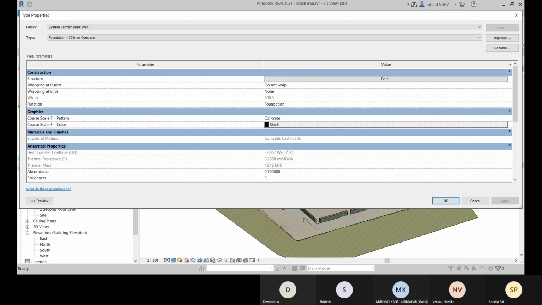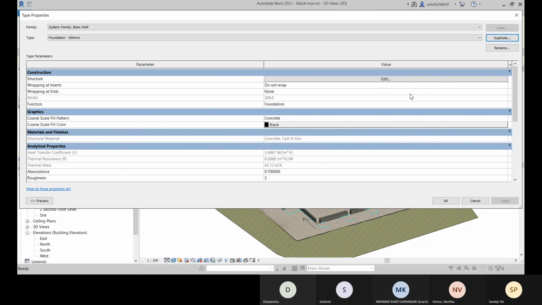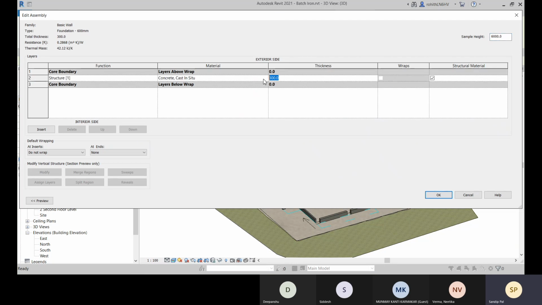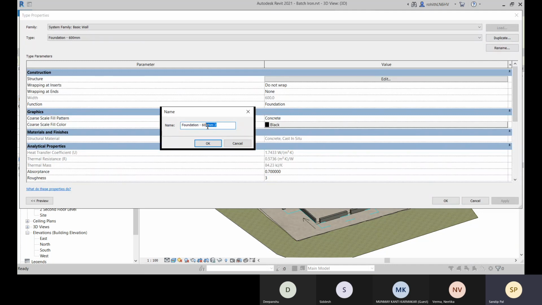Let's go for this duplicate, and let's go for 600 mm. Click on OK. All right, and go for Edit, and here define the thickness 600. Click on OK, and I need another that will be 900.